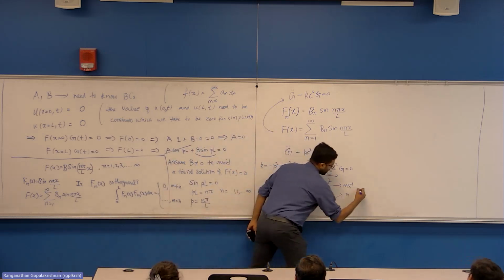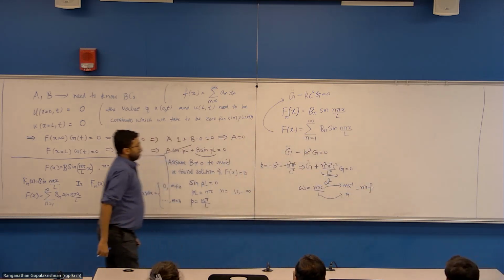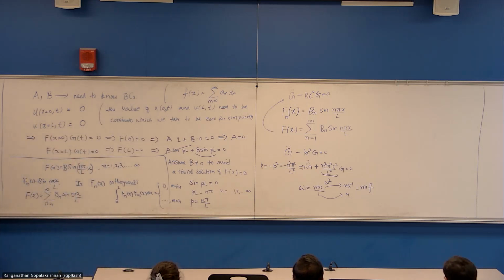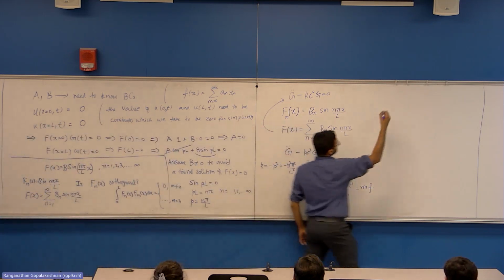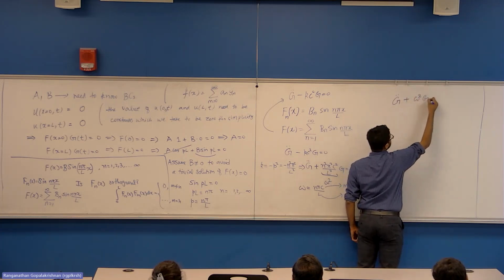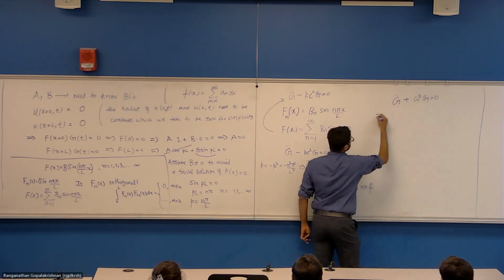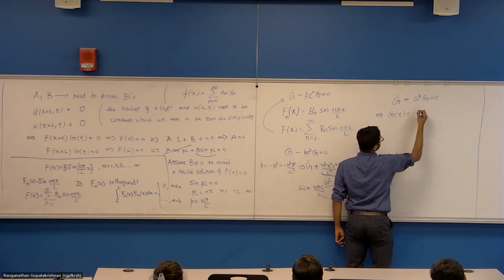So this is essentially n pi times frequency. So we can write G double dot plus omega squared G equals 0, which implies G of t is